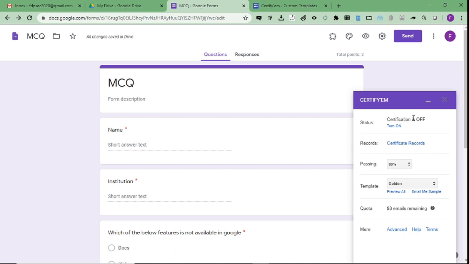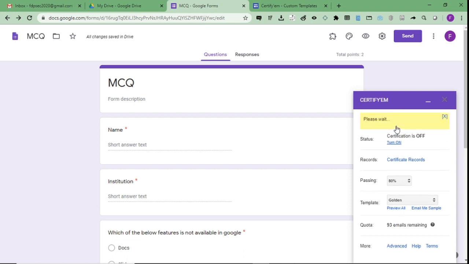Now by default the certification is off for this particular form. Let me turn on the certification. It takes a while to turn on.